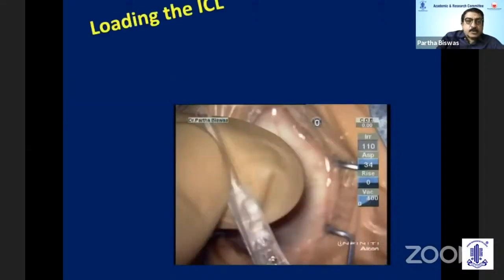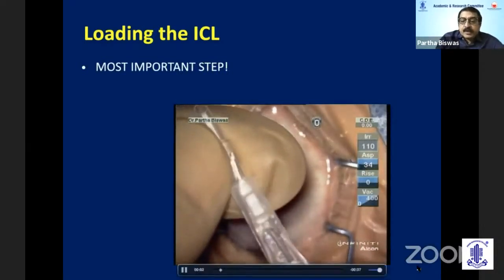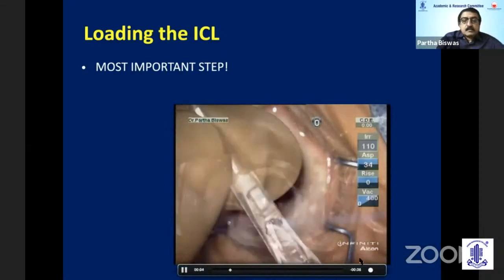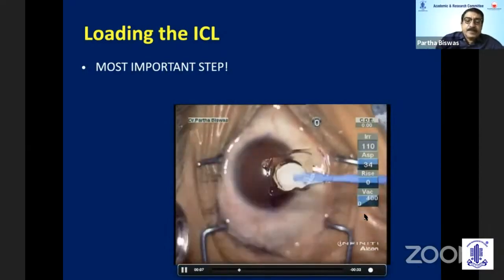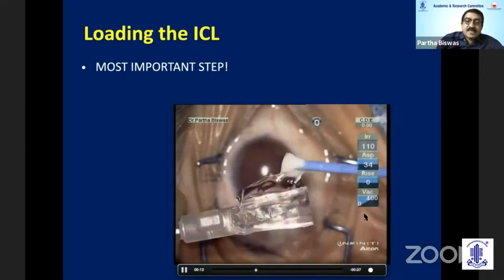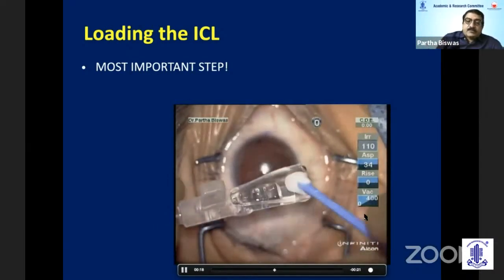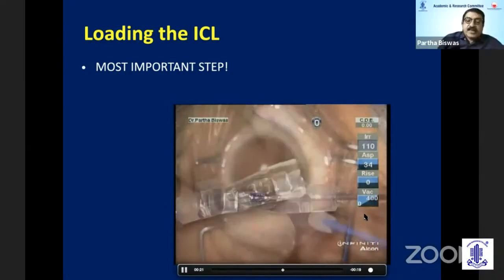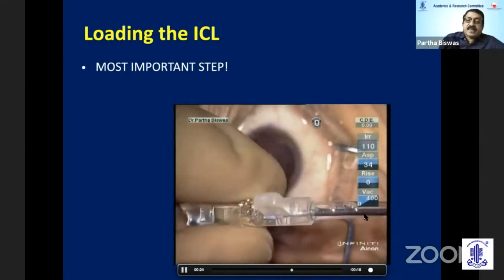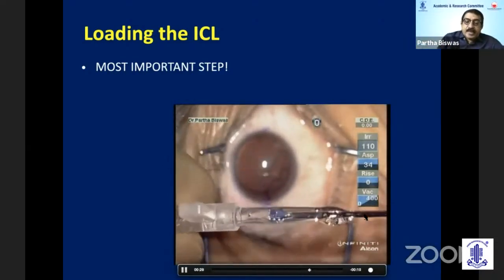Now let's look at the procedure, which is the most important part. The most important part of the procedure is loading of the ICL, and that's a step that has to be taken with a great amount of caution. So this is the ICL which is in BSS, and this ICL of the V4C does not increase in size after the placement inside the anterior chamber. And it's first placed on the cartridge and the hub, and this hub contains methyl cellulose and some BSS,